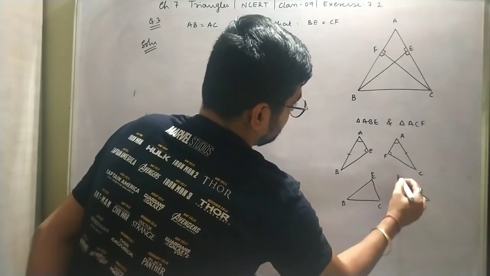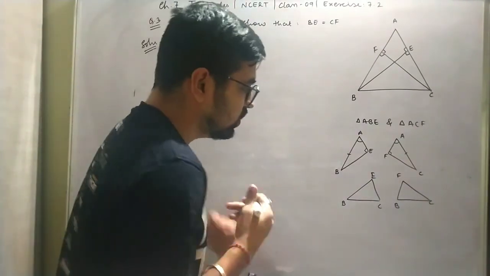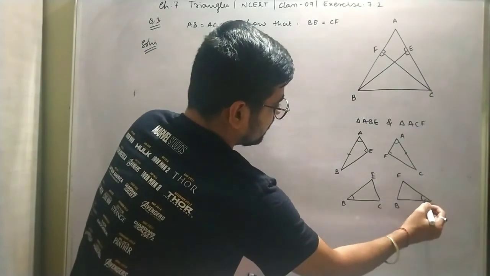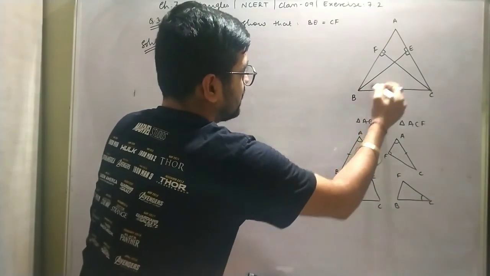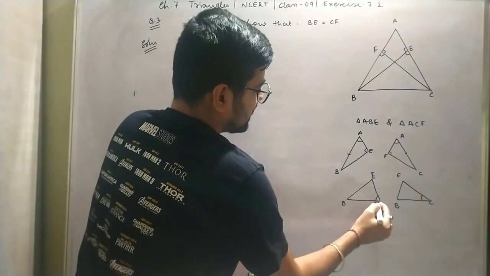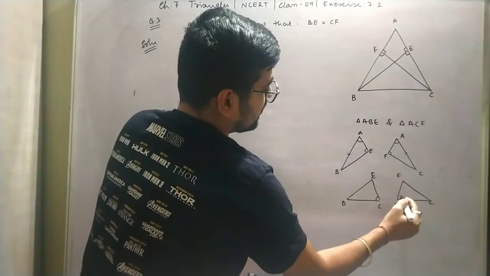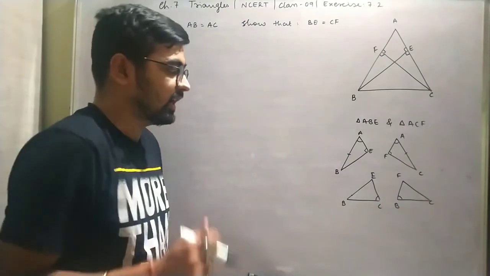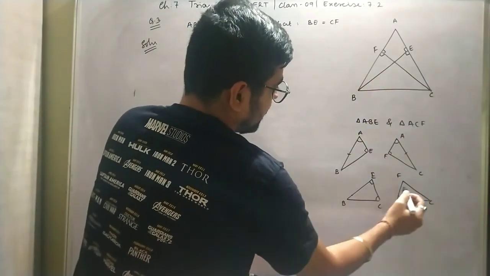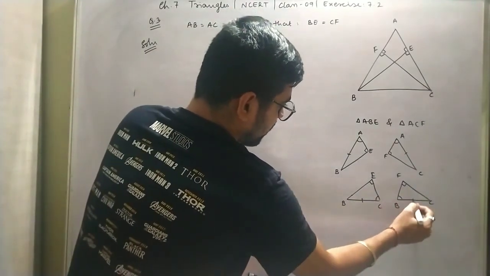BCE and BFC. Correct. Now in these two triangles, what do we know? That my angle B and my angle C are equal. Because see, BEC में angle C आएगा and BFC में angle B आएगा. These two angles I got to know are equal. First criterion. Second, I know this is 90 degrees. Here also 90 degrees. ये 90, ये 90. Third, if you observe, BC is common.